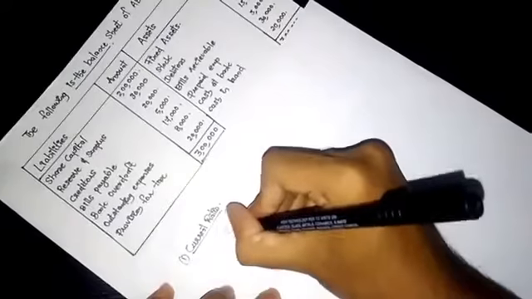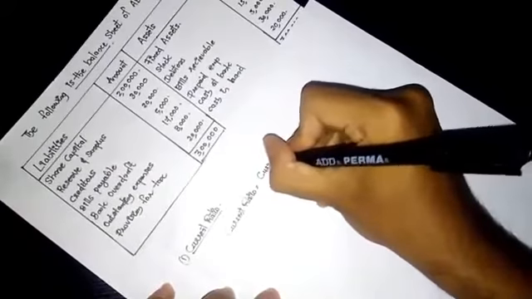So the equation to find out the current ratio is equal to current assets divided by current liabilities. So what is current assets? Basically, current assets are those assets which can be converted into cash within a period of 1 year. And like that, current liabilities means these liabilities can be paid off within a period of 1 year of time.